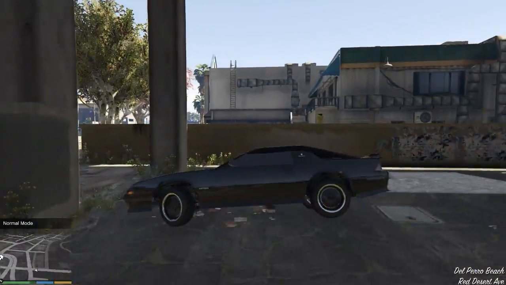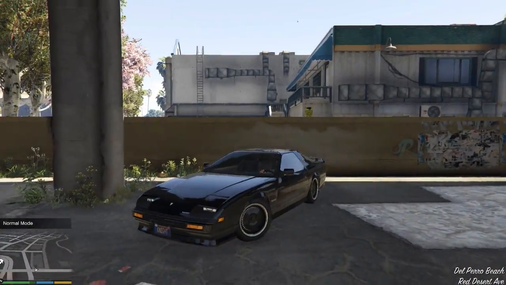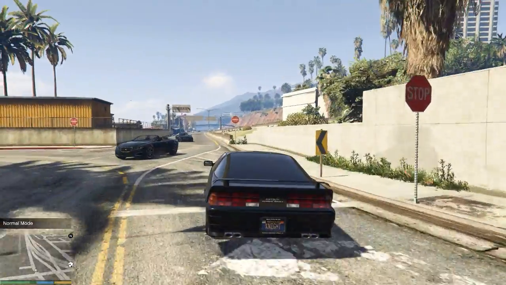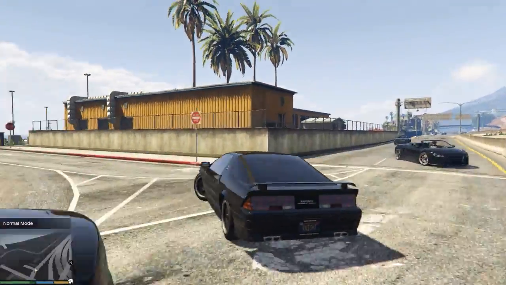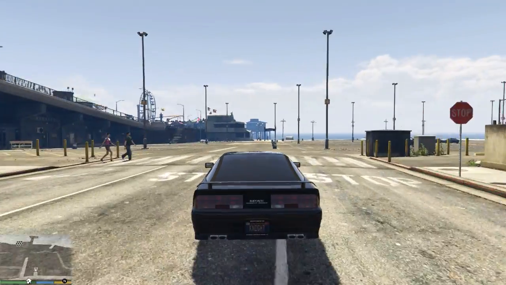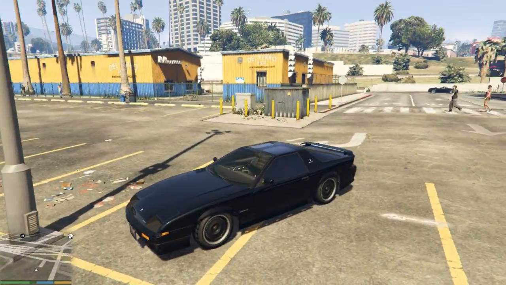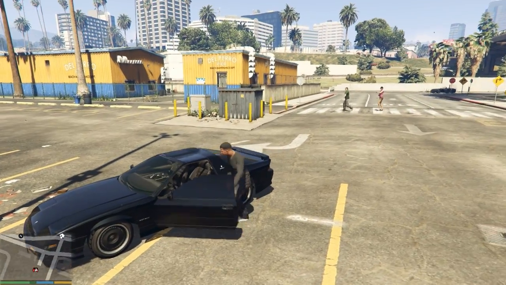Now, one thing worth noting, when he is in cruise mode and driving on his own, KITT does not seem to use the pursuit mode. He just kind of does his own thing and drives normally, and also obeys all the traffic laws, which is a little bit strange. Now, let us get out of KITT